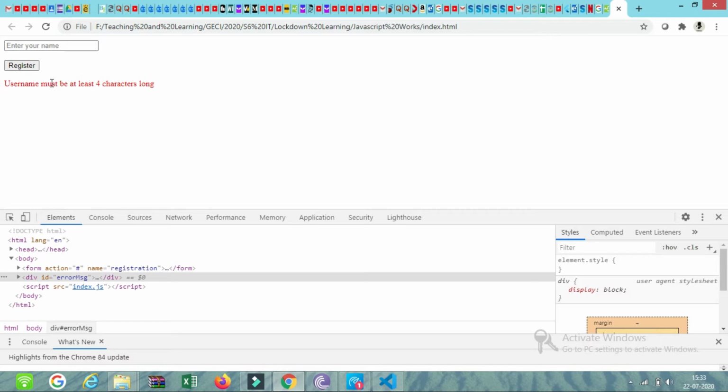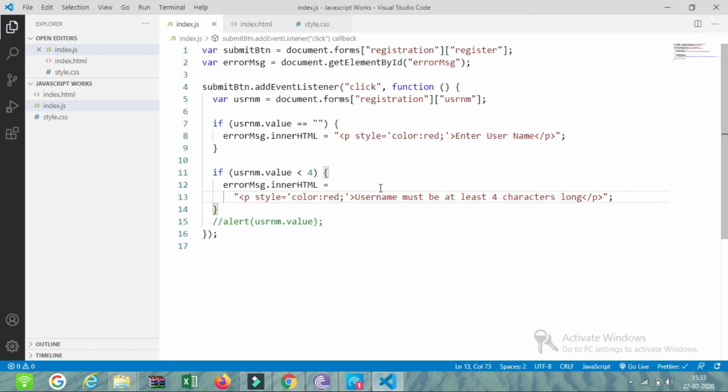Only this error message got displayed. Why? Because the first message got displayed there, then it was overwritten by this message, because first this condition got executed, enter username message was printed, then after that this condition also got executed and this message got printed. That's what happened there.